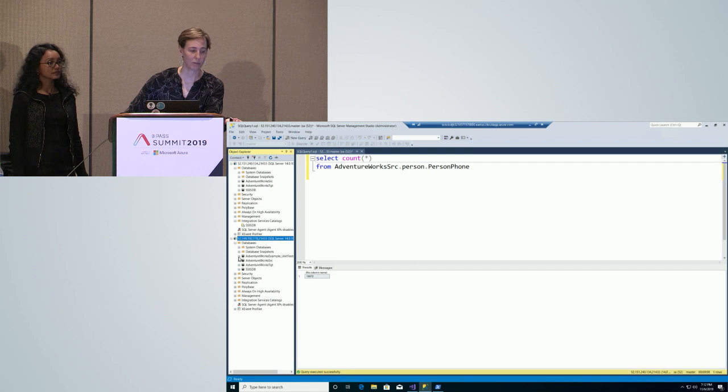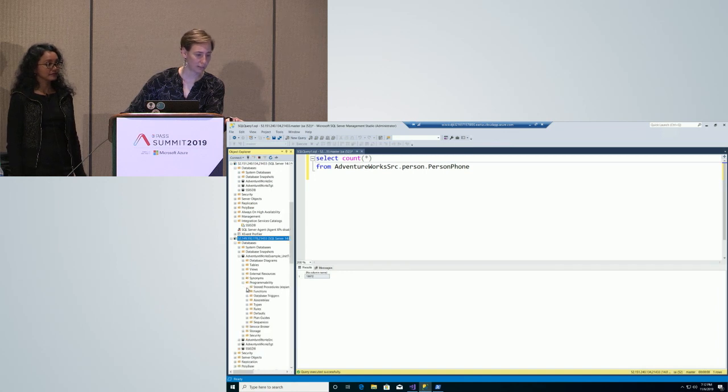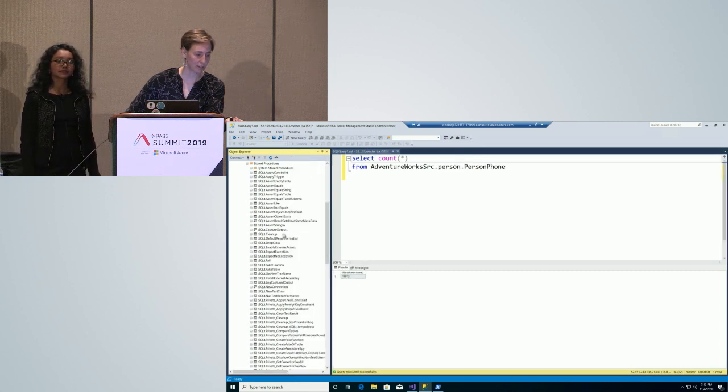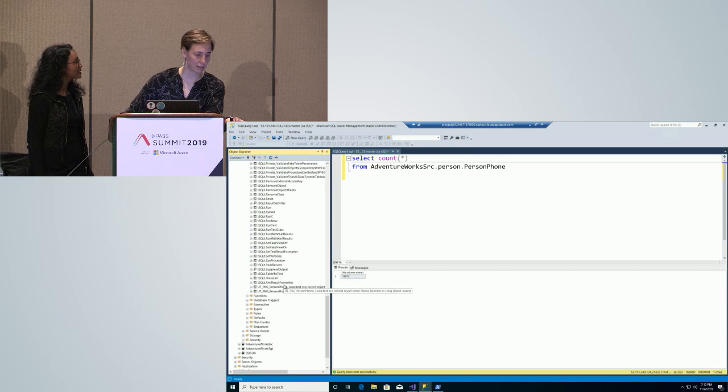So let's take a look at those. We don't have a lot of unit tests because it's a demo. But if we look in programmability, stored procedures, in tSQLt, everything is a stored procedure. Gosh, there's a lot of stored procedures here. Here are the ones that I wrote, though.